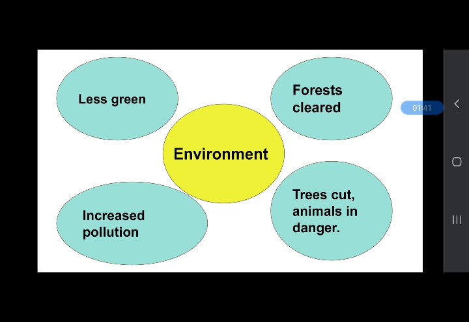All kinds of pollution are harmful for the environment and for living beings because they affect our health. In this way, our environment has changed with time, and it is facing many types of problems today, like air pollution, water pollution, more use of vehicles, and more factories being set up.